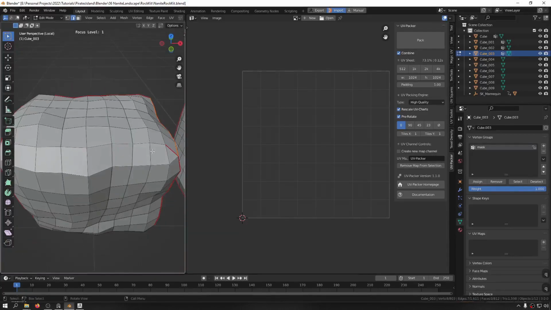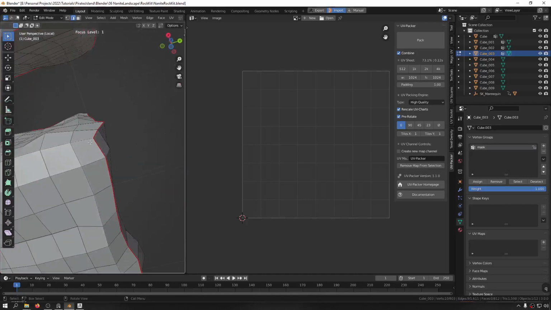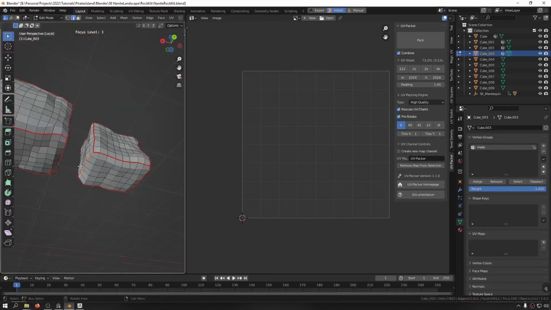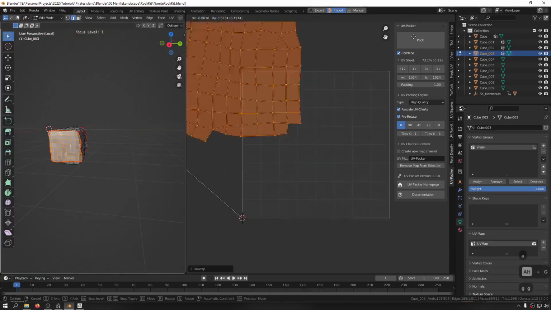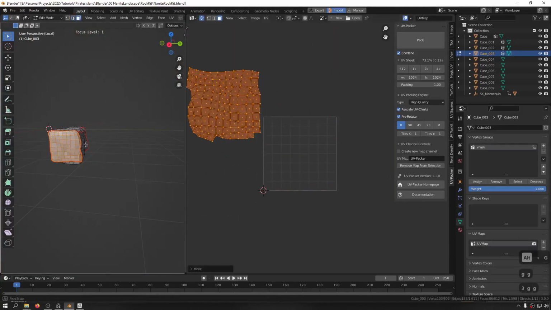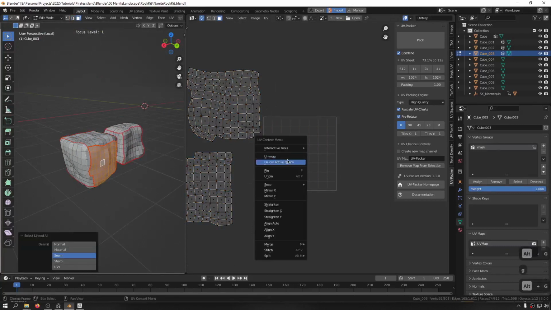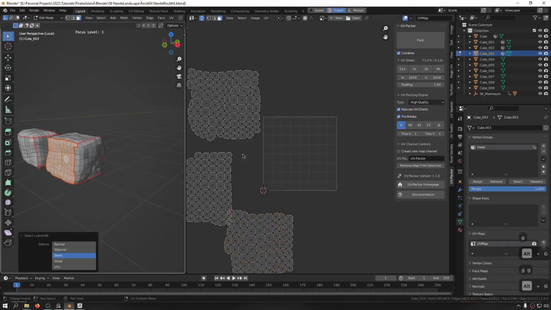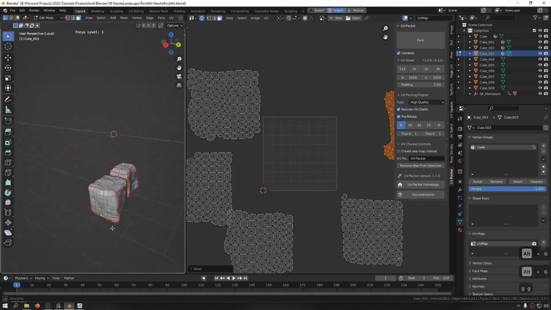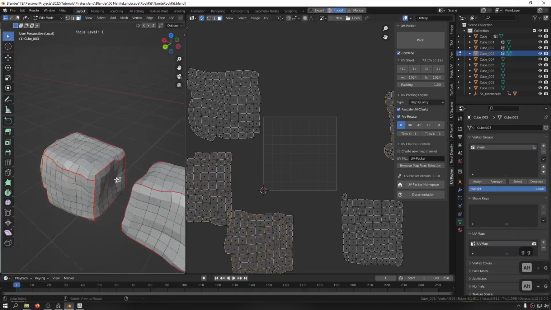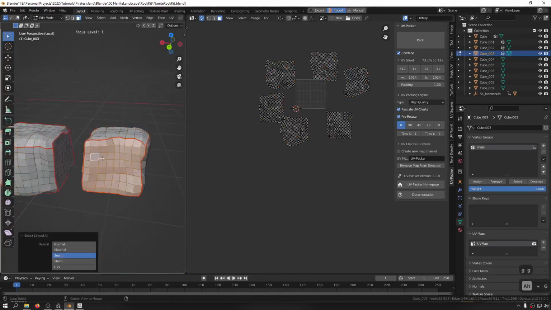Okay, mark seam on here and on here as well. So I believe there's the last one, and now let's create the UV map for them and start to UV these. Okay, select this, unwrap, select this, select linked, and select between the seam and unwrap. Okay, just a couple more remaining. Okay, this part. Okay, and now let's select all of them. Select this one,